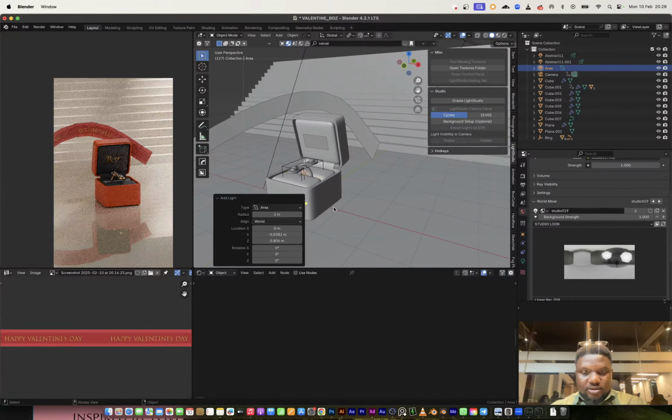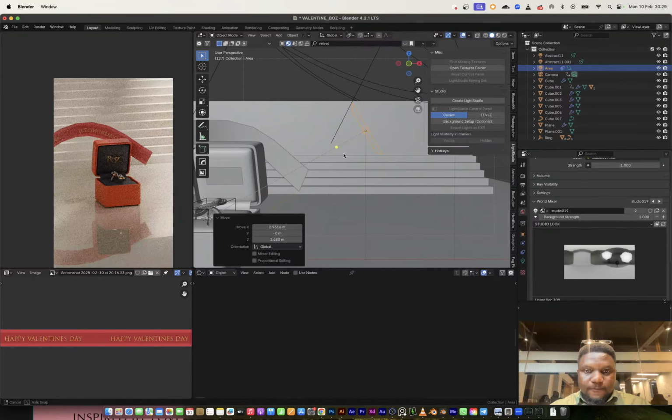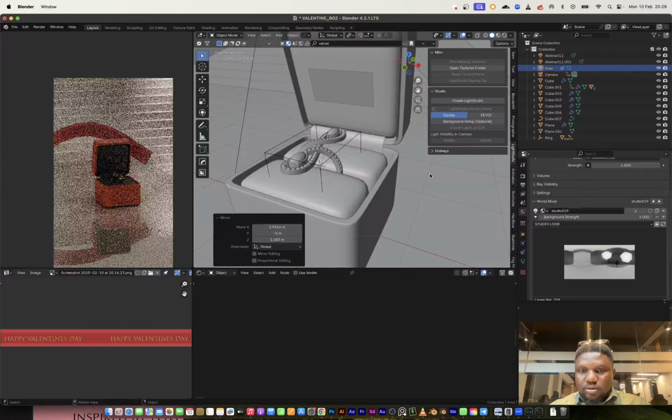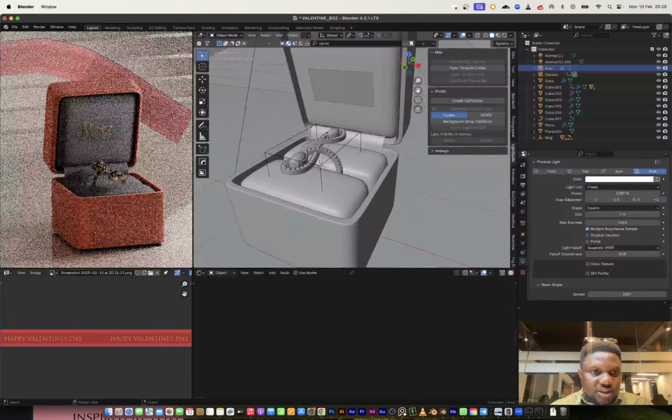So what I can do, I can just shift and click on this empty and track to constraint, and I can select this, go to Y and G to this side just like so. Then maybe I want to increase the power on this a bit, too much on everything, but we are going to restrict that shortly.